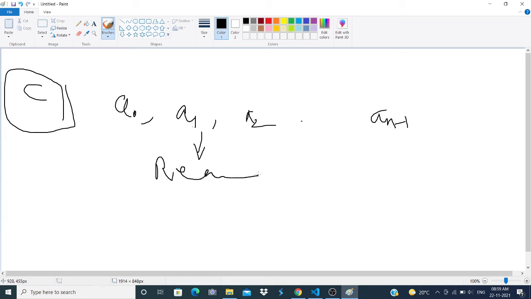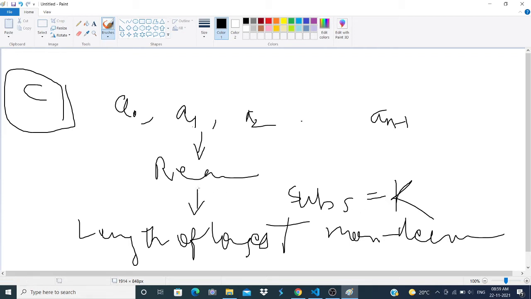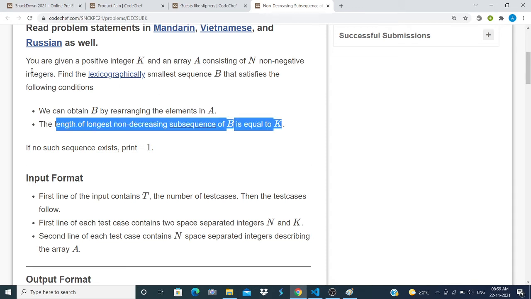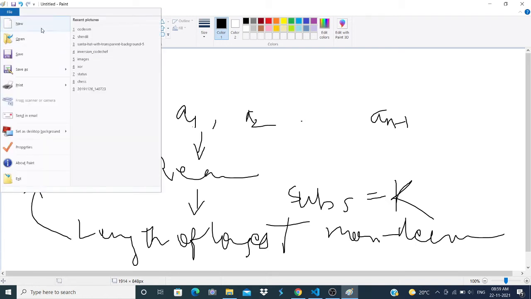We can rearrange it, and after rearranging we want the length of the longest non-decreasing, which basically means increasing, subsequence to be exactly equal to k, right, and that should also be lexicographically smallest. As you can see, we want the length of the longest non-decreasing subsequence to be equal to k, and the lexicographically smallest such sequence also, right.